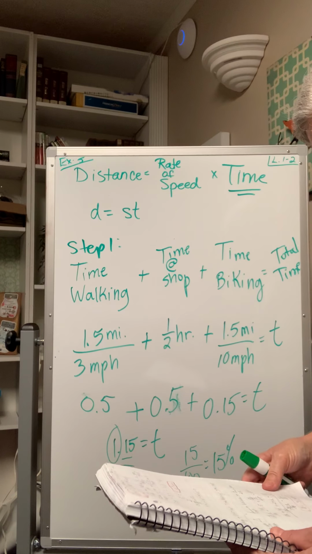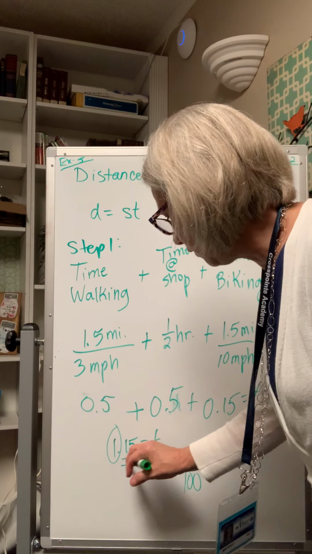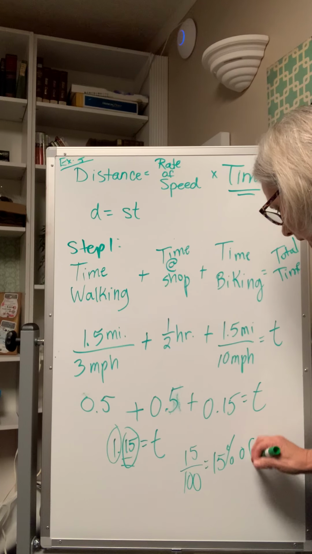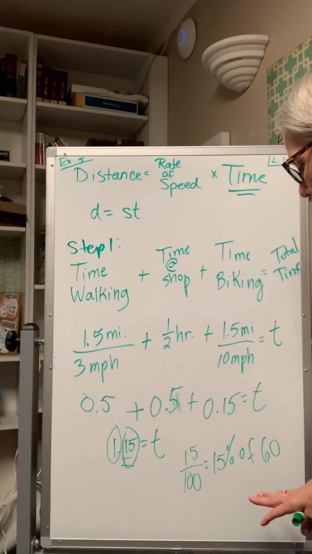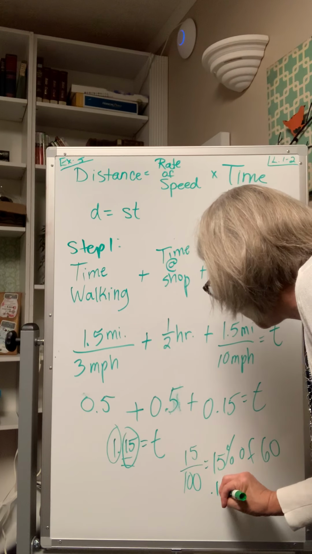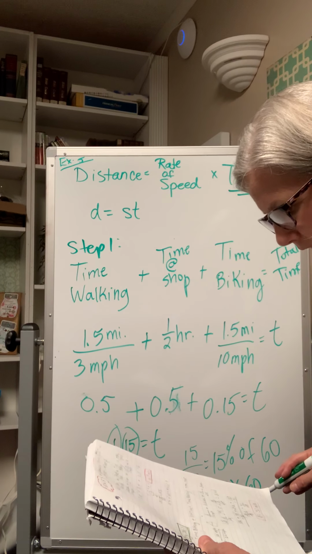And a whole hour is how many minutes? Because that's what we're looking for. We want to convert this into how many minutes that is. So 15% of 60 minutes. That'll tell us how many minutes over an hour her activities took her. And if you multiply then 0.15 times 60, you're going to end up with